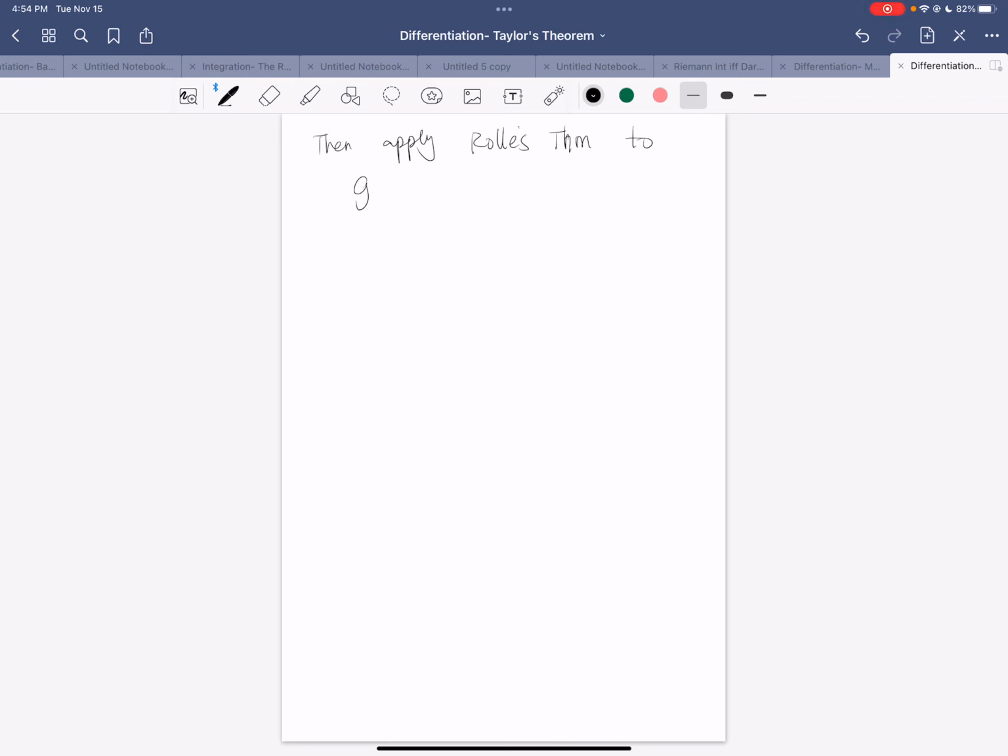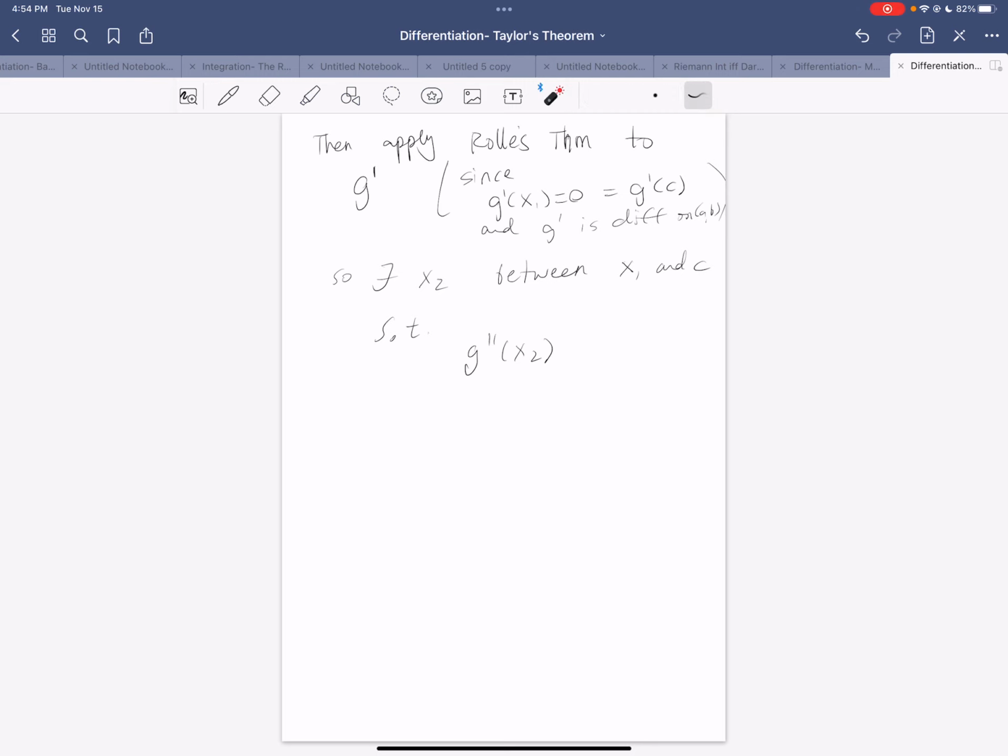to g prime, since g prime of x1 is equal to 0, is equal to g prime of c, and g prime is differentiable on (a, b), right? So there exists x2 between x1 and c, such that g double prime of x2, right, the derivative of this at x2, is equal to 0. And guess what? We're going to repeat this. So between x2 and c, there has to be some number x3, and g triple prime of x3 is going to be equal to 0. So we'll say repeat this process to get,